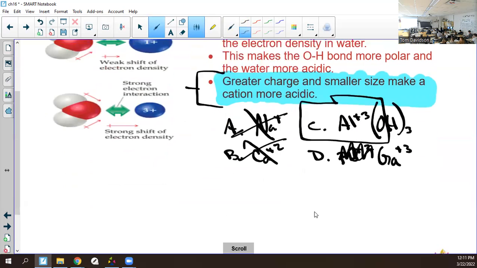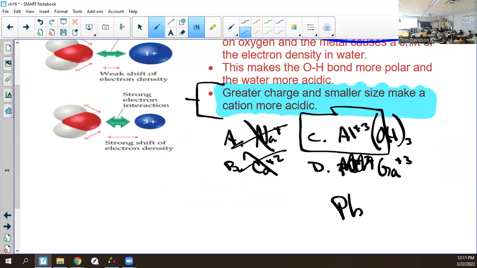Pb, it still grabs it, Pb(OH)2, but it doesn't grab as many. So it doesn't have H plus go. What does it have going for it? The smaller the atom, the more